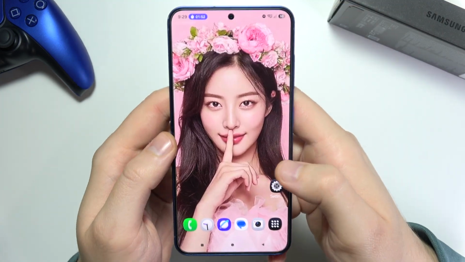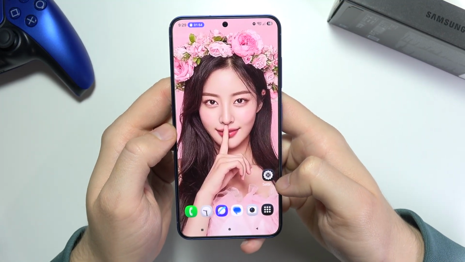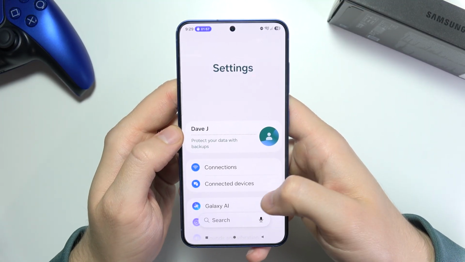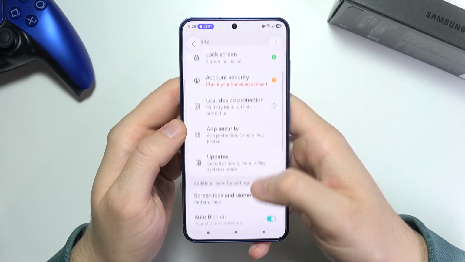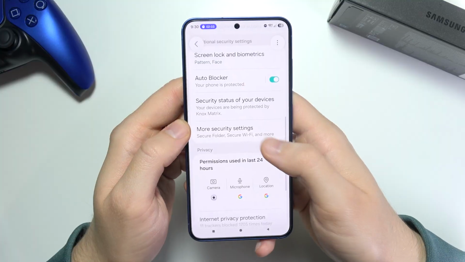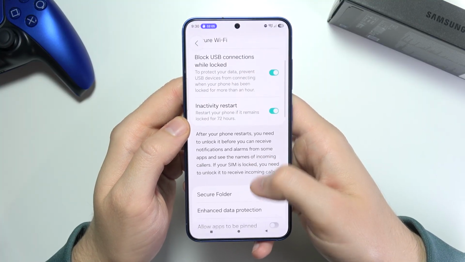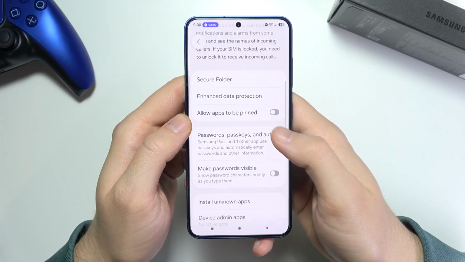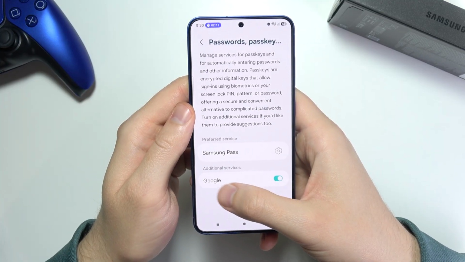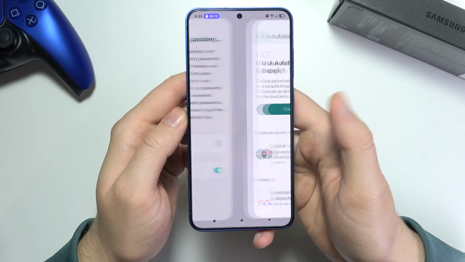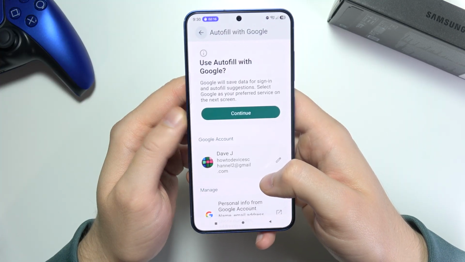If you want to change autofill passwords in the Samsung Galaxy S26, open the settings first. Now we have to scroll down to the security and privacy settings. Next, you have to go to more security settings, and right now we have to go to passwords, passkeys, and autofill. Now go to Google One, or if you are using other services, you just have to mark it, open,